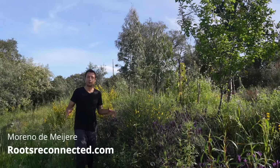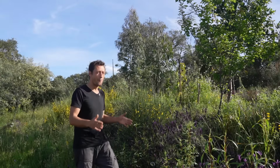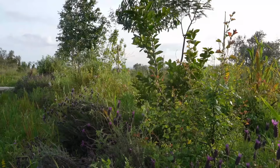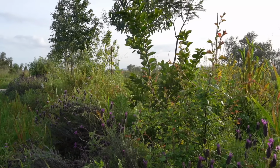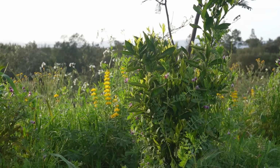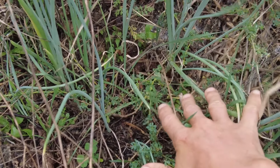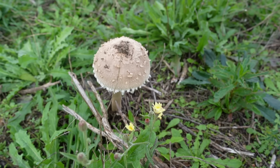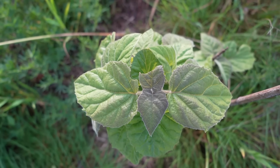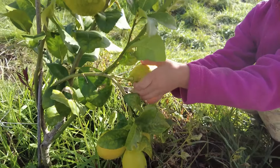It is now April, the beginning of spring, and this place has really undergone a big transformation in the past 2 years. We are finally reaching a point where it starts to feel and look like the beginnings of a young forest. The whole swale is now covered in plant growth. We have all sorts of branches, organic matter starting to break down. Mushrooms are popping up here and there. The trees are starting to wake up from the short winter siesta, and we even have already harvested our first